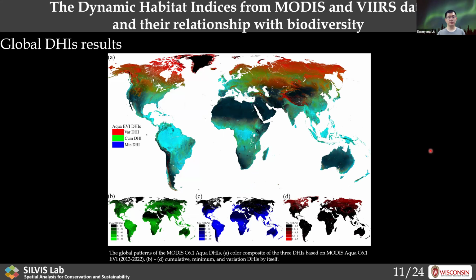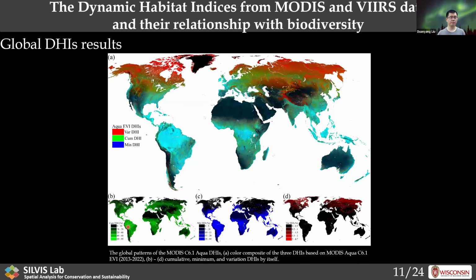And here are some results about the global DHIs. The top figure is a red, green, and blue map that combines the 3 DHIs based on the MODIS Aqua EVI. And the bottom are the 3 individual DHI variables. And you can see from this map